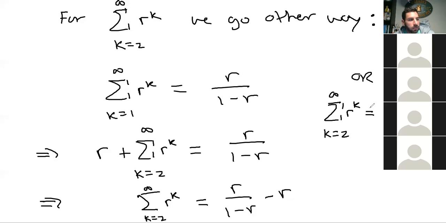If I have r times 1 minus r, what are the numerators going to become? Again, what I would encourage is that you work it out. You have r minus the quantity 1 minus r times r over 1 minus r. And if you do the math,